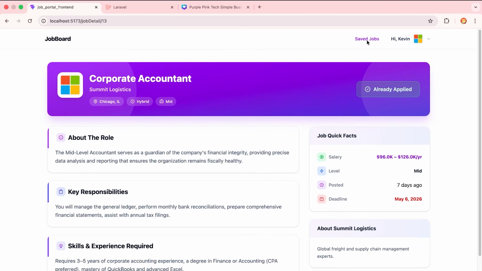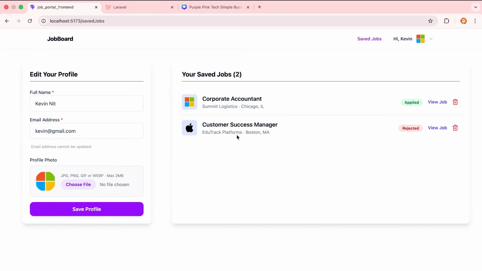So when I click save job dashboard, it will show apply, and this is a reject that I received from the recruiter, that they have rejected my application, and this is apply. So there's no one that has accepted or rejected. It is just the recent application form. And then I can update this name. I can update name,